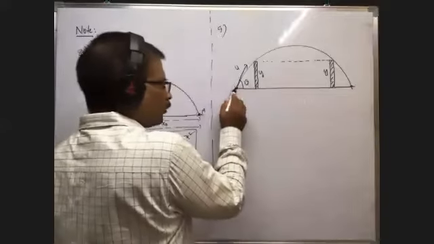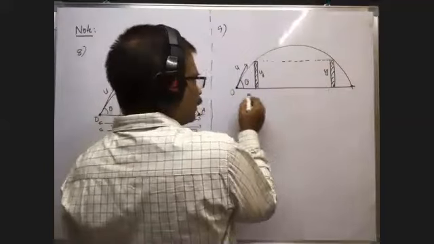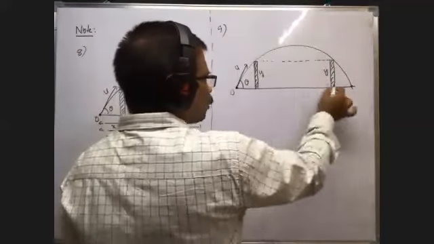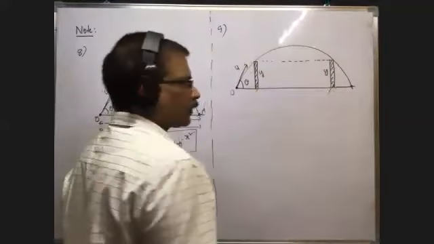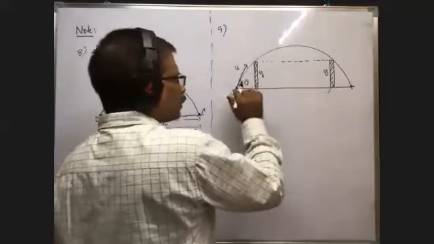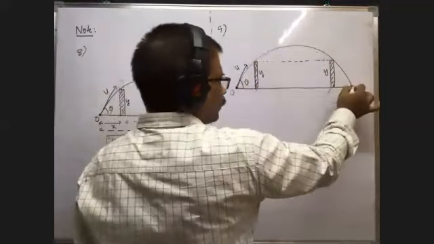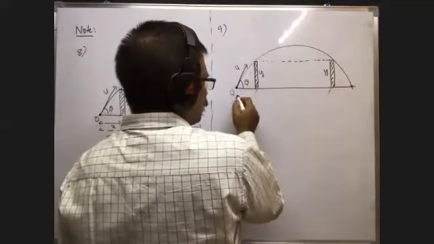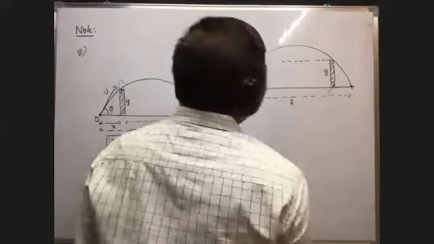In front of your house there is a compound wall. For his house also there is a compound wall. These two walls are symmetric. In between these two walls, there is a road. Suppose you project the body so that it covers a range like this. From this person to this person, that ball is to be reached. This is the range.